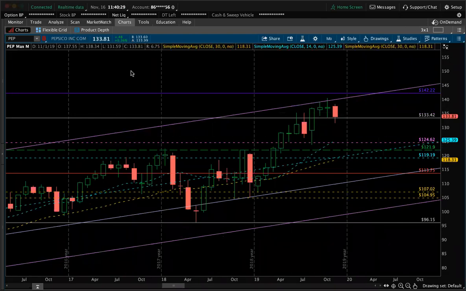I call it the gray bar, or you can call it the gray level. As you can see what price did here: it got near it and bounced off of it, very effective. And before it was a resistance, but then this candle closed above, and now it's bouncing off of it.